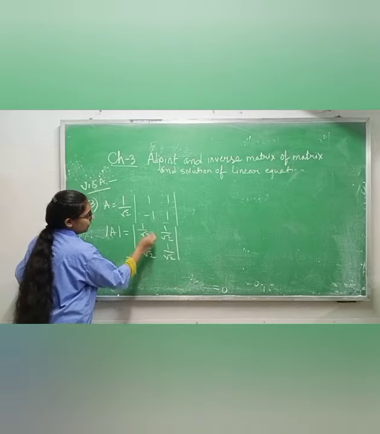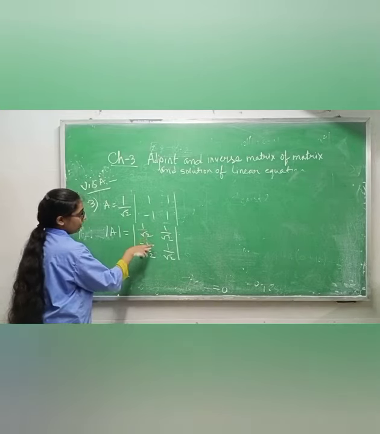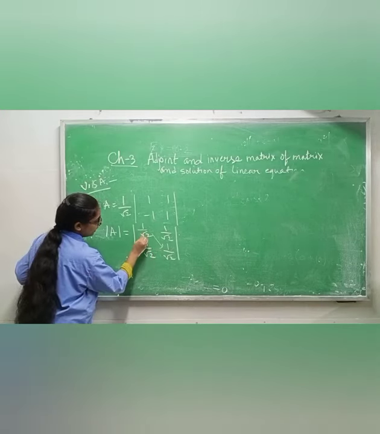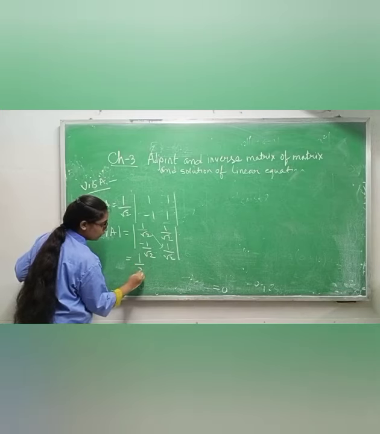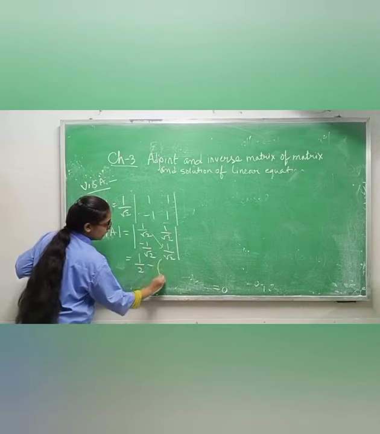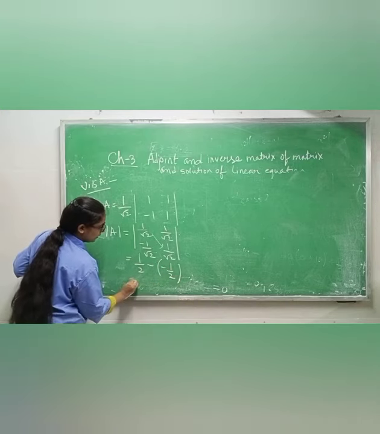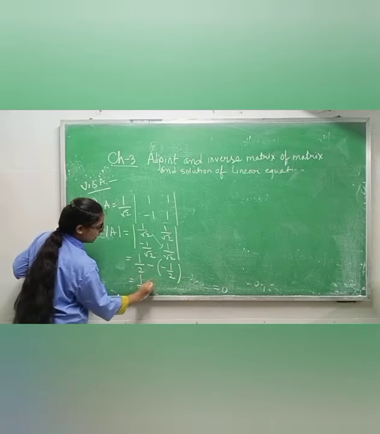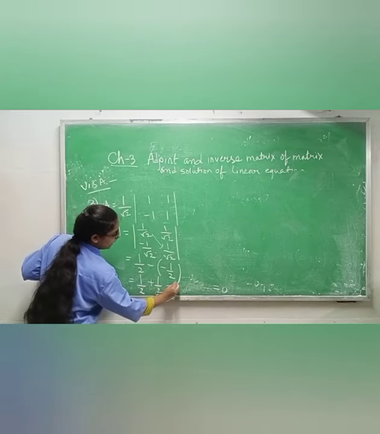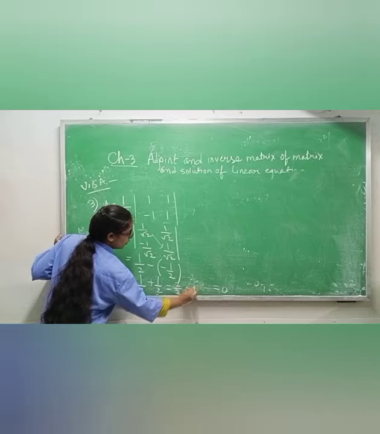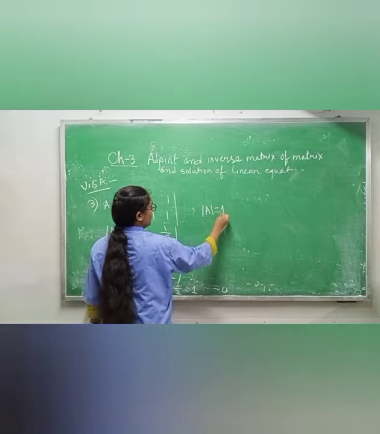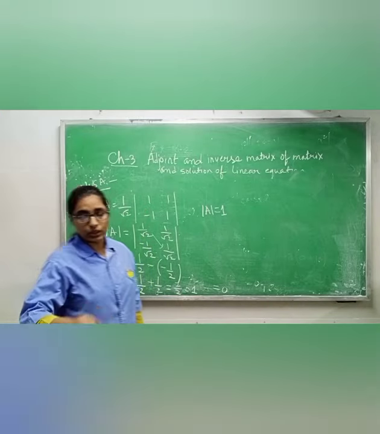You know, when you have this 2 into 2 rows, you will multiply diagonally. So 1 by root 2 into 1 by root 2 is 1 by 2, then minus sign, then 1 by root 2 into minus 1 by root 2 will give you minus 1 by 2, so minus minus plus 1 by 2, and when you take LCM you will get 2 by 2, it means 1. Hence therefore what you will write? Determinant A equals 1, it is a proper orthogonal matrix.